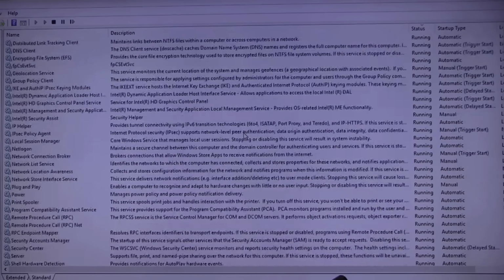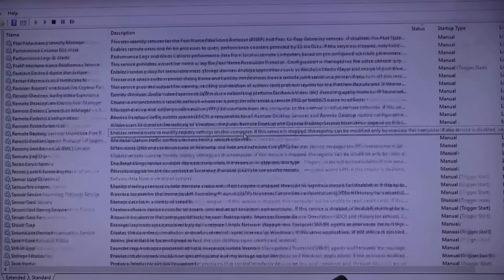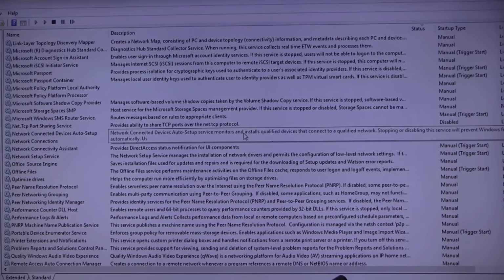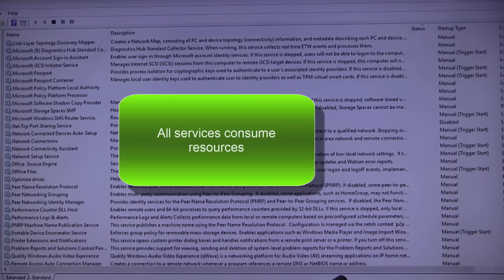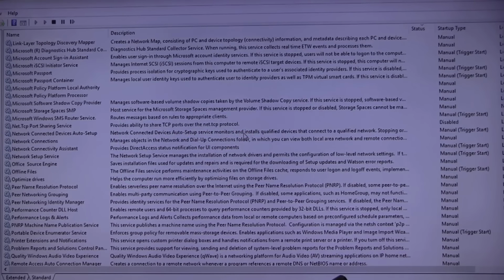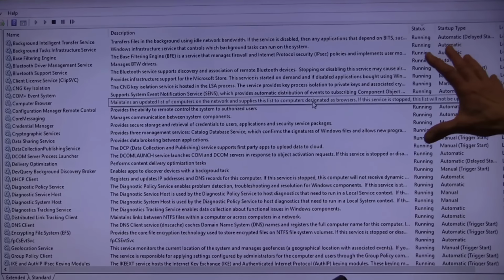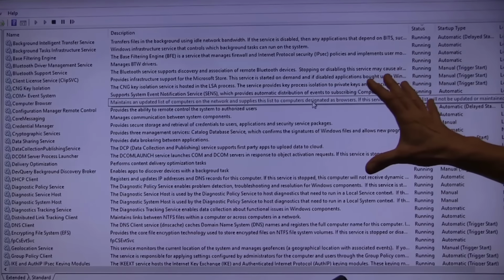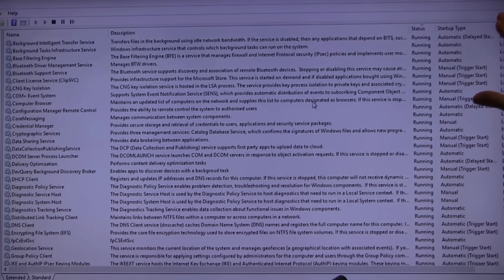There are also a lot of services that are what? Not running. Listen very carefully. Whenever services run, they take up RAM and they slow your operating system down. So one thing we don't want is a lot of services running that you don't need. We want only the services that are needful for your operating system to be running. So Microsoft puts probably 90% of these services in your operating system. Most of these are needful, but it is a good idea to learn which ones to turn off.